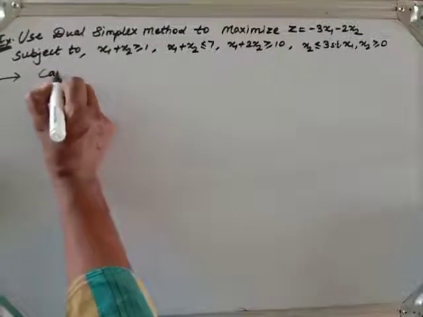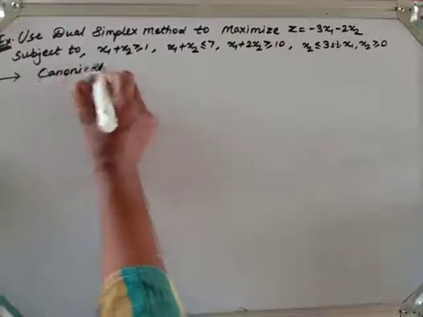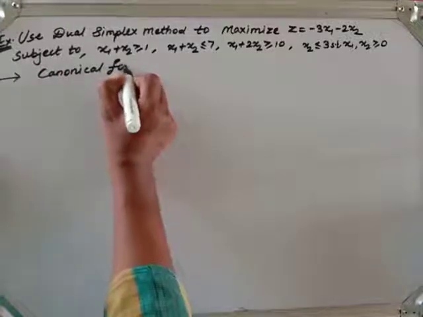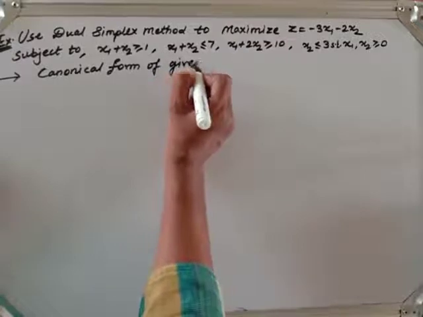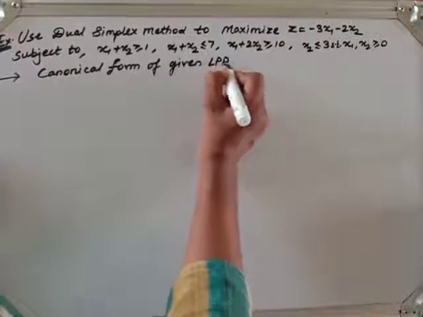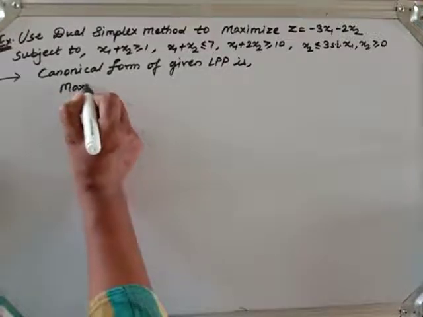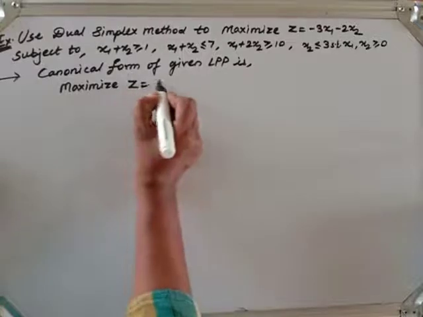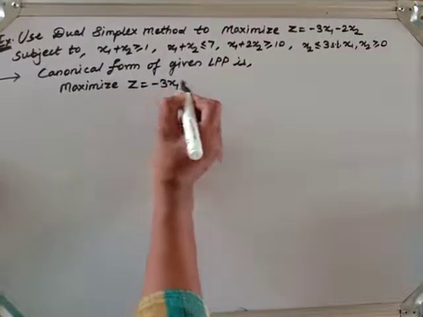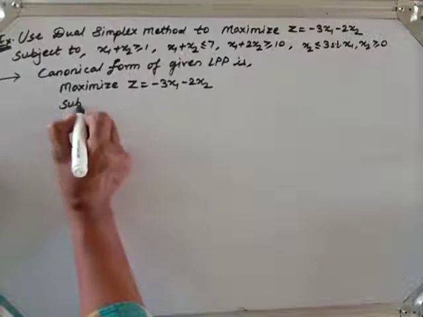So the canonical form of the given LPP is: maximize z equal to minus 3x1 minus 2x2 subject to